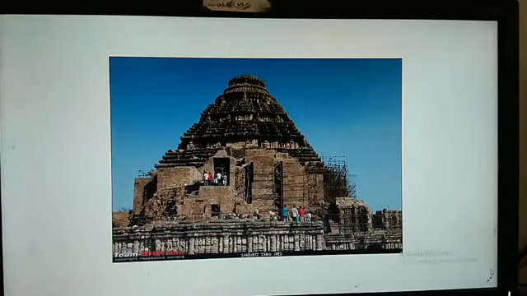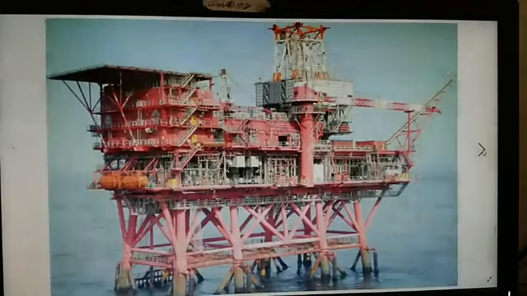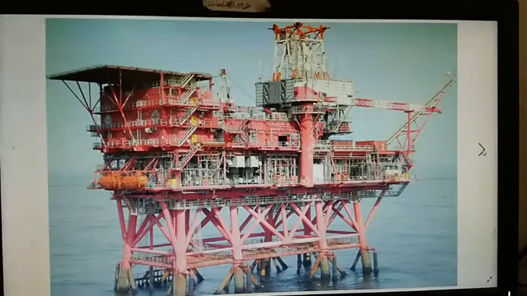See, this is a temple which was constructed with an iron ore. So this is an oil and gas plant, which was constructed on the seashore. So it's all made up of steel.